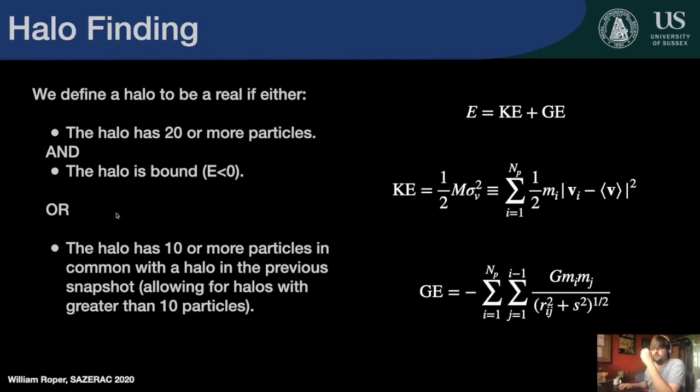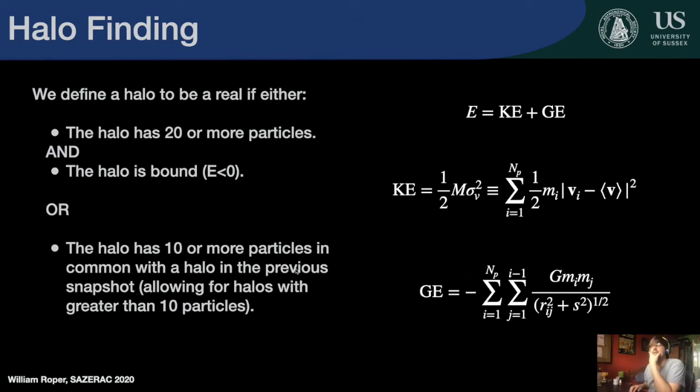Or, and fundamentally this is where the relaxed part comes in, the halo has had 10 or more particles in common with a halo in a previous snapshot, allowing for halos greater than 10 particles. So that means the halo at some point must have, in its past evolution, satisfied this first condition, and then it can be allowed to fall below 10 particles, or it can be allowed to have unbound energy if it was real in the past. And I'll show in a minute how this